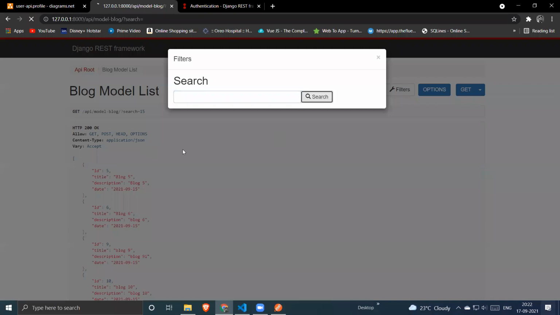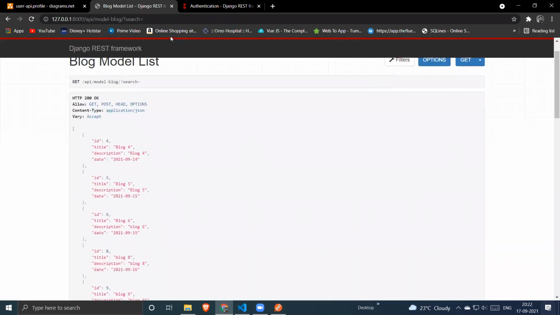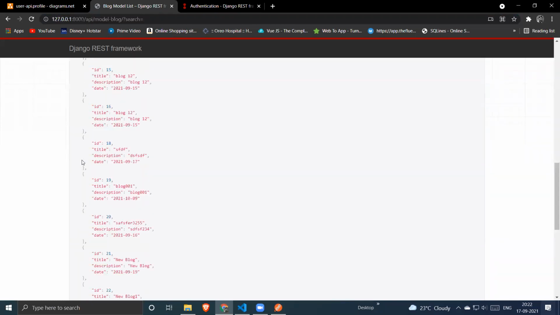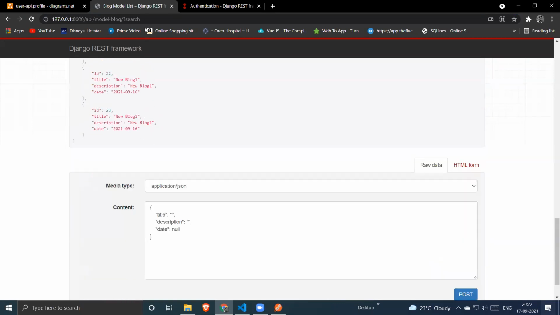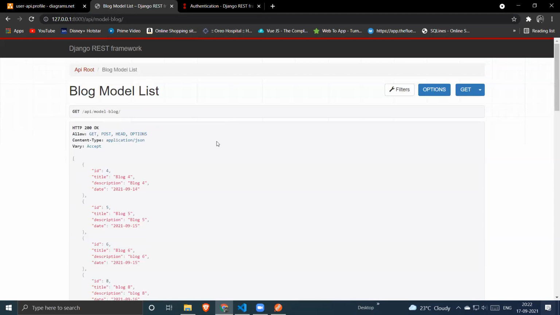Okay, sir, one more thing, just a minute, Ashish. If you just pass a blank search keyword, it will provide you the entire query set again. So it is the same request, which is the GET request. Without any search value, it will be treated as a blank HTTP GET request. If you don't pass any values to the search parameter, it will be treated as a plain HTTP GET method.